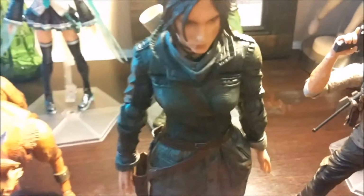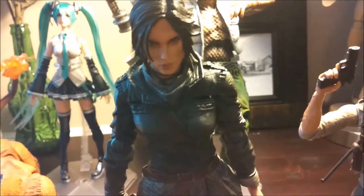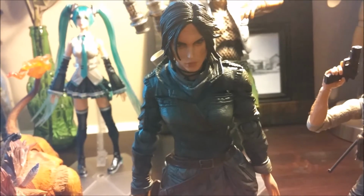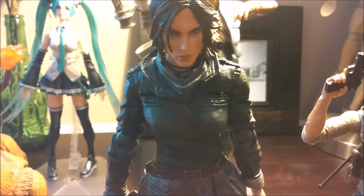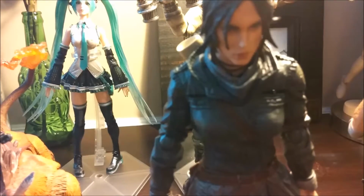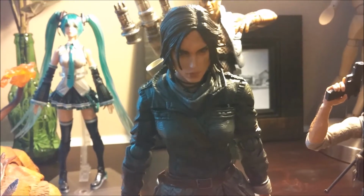I know one of the problems a lot of people have with it is pricing. I was able to get her for about 108, not including shipping. I paid for rushed shipping, so I got her relatively quick, at a little bit of a premium, but I was okay because it was still well under the $139.99 that's being set as the MSRP for her,